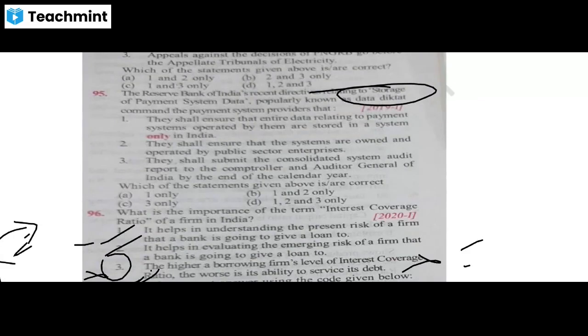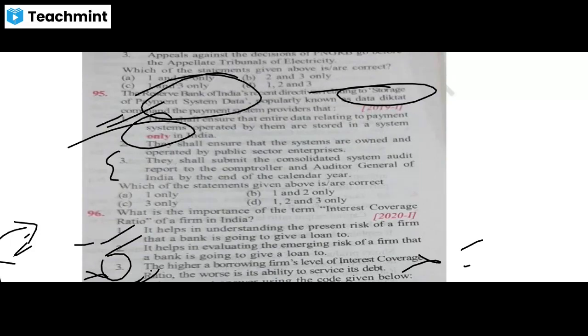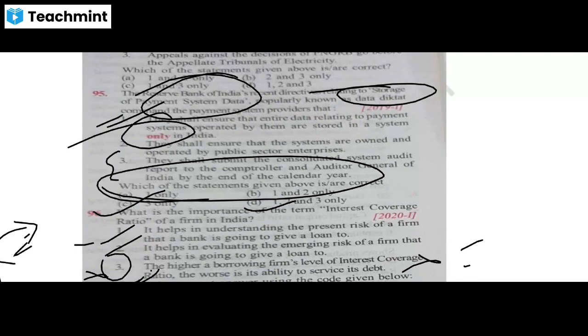So here, if you see this extreme word, 'only', and you are solving the question based on the reasoning that extreme words are always incorrect, then you can get trapped. Here statement 1 is correct, but statements 2 and 3 are incorrect. Generally, if you know that RBI is not audited by the CAG, then you can easily solve the question. Perhaps you can reach a 50-50 situation where you can eliminate options C and D. You have to choose between options A and B. So the correct option would be option number 1.